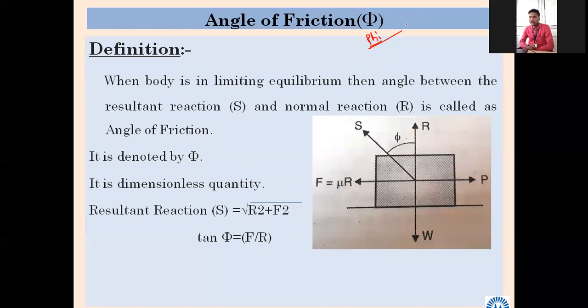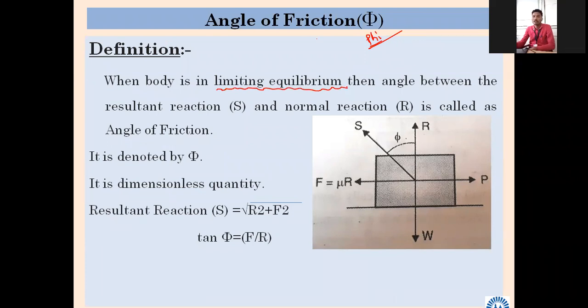When a body is in limiting equilibrium. You can see this word; we are coming across this word again and again. Limiting equilibrium. When a body is in limiting equilibrium, then the angle between the resultant reaction